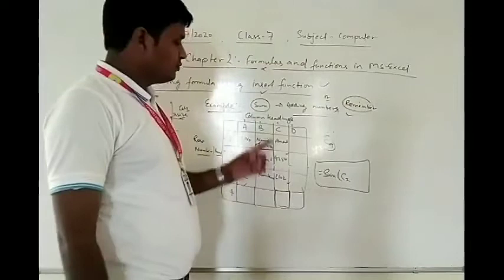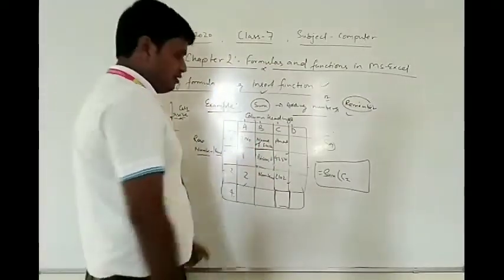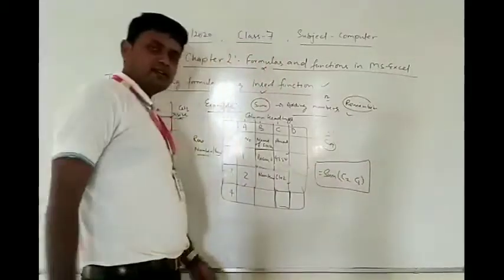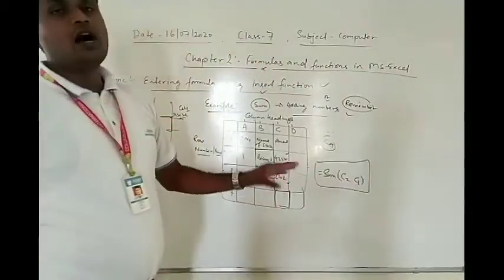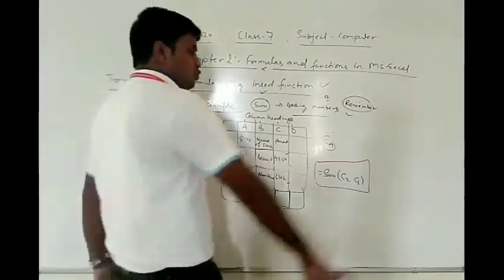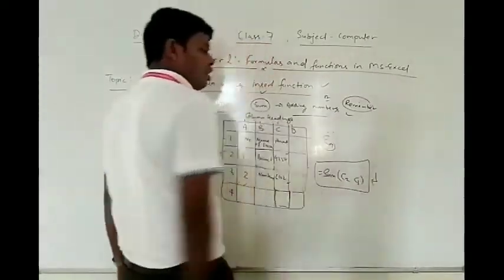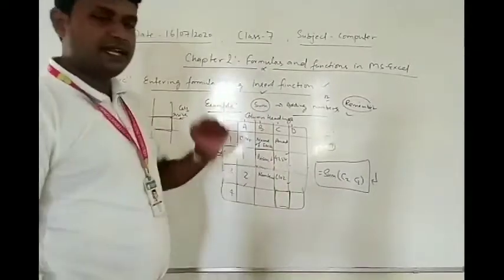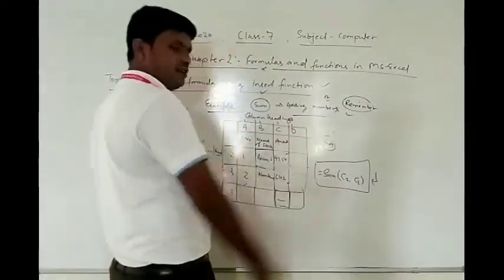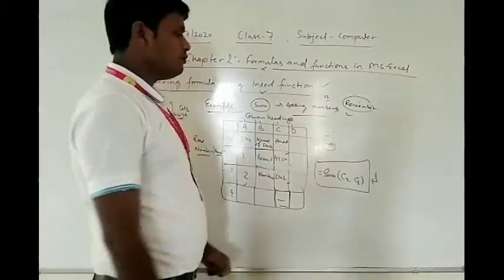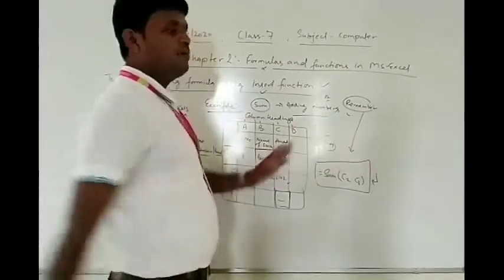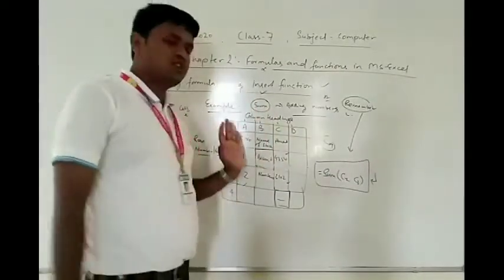After that you just select the last cell, so this one, C3, and close this small bracket. And after editing the formula, you press the Enter key, and automatically the addition appears here. Okay, so this is the remembering portion. If you remember that formula, then you just use this type.